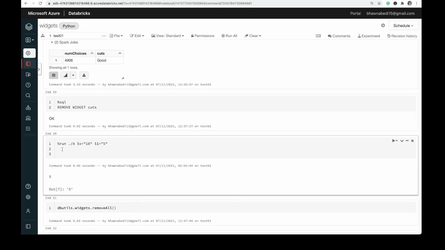I don't remember if I have made a video on this, but I can definitely make one if I have not done so. You can use the percentage run command or the dbutils.notebooks.run command. There are two ways of doing that. If you do it this way, the syntax that you will use is percentage run and the relative path of the notebook. Let me open the same notebook in another tab.